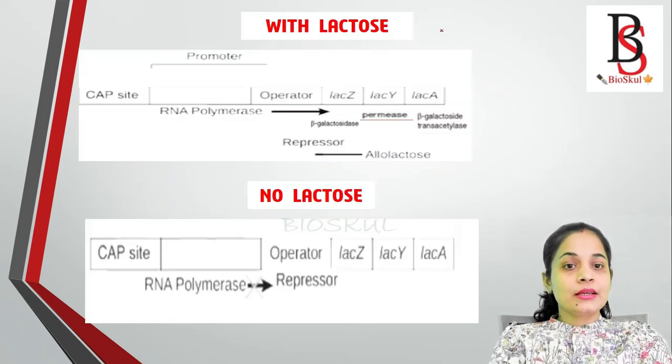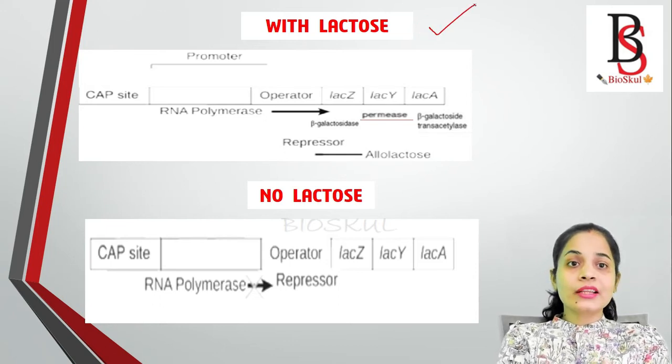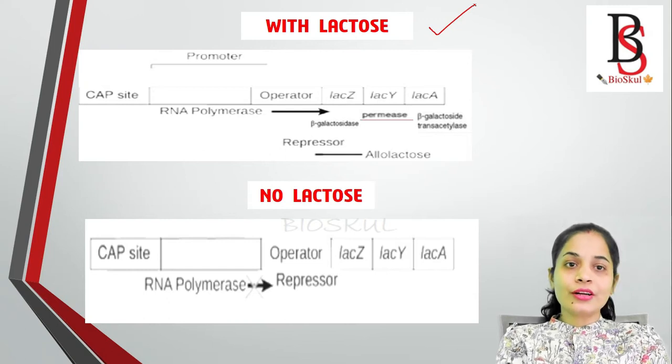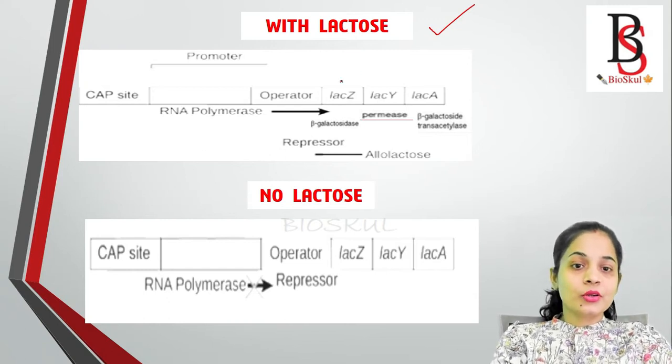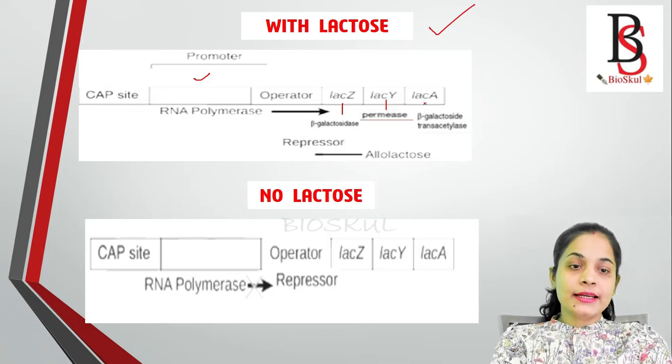First we will see in presence of lactose. If in the media lactose is present, whether the Lac Operon will turn on or turn off, we will see now. This one is the operon. Operon consists of a group of structural genes. The structural genes are LAC-Z, LAC-Y and LAC-A. These three structural genes are controlled by a single promoter region. The LAC-Z encodes an enzyme known as beta-galactosidase, whereas LAC-Y encodes the enzyme permease, and LAC-A encodes